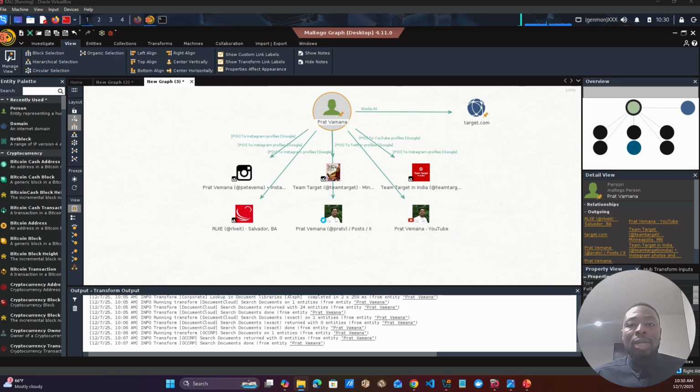This also shows how this type of data could be leveraged in a real world scenario, like crafting a spear phishing pretext or email, or identifying organizational exposure points. The goal here isn't to invade privacy, but to highlight how publicly accessible information can be used to strengthen security awareness and protection measures.